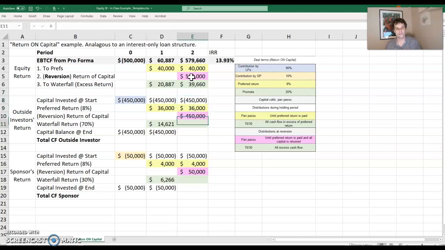So distributed just like the waterfall was during the holding period. 70% to the outside investors, and 30% to the sponsor or the general partner. And now we've paid back all of the capital invested to both parties,